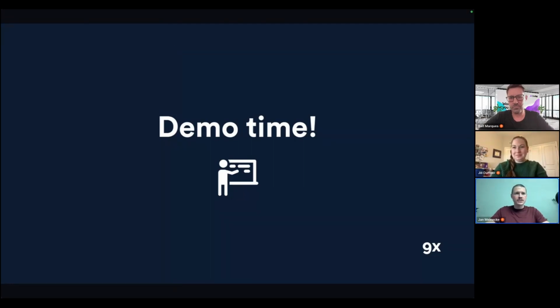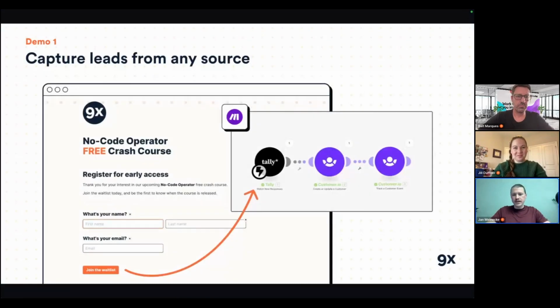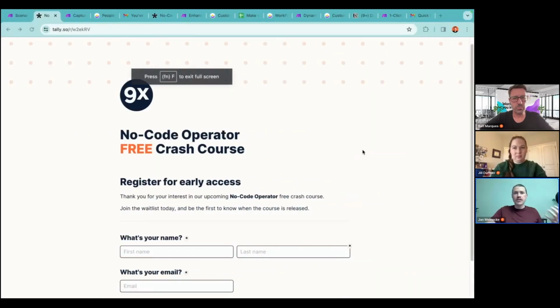And let's have a bit of fun. So starting it off with the very first demo, and what I would say is probably the most common use case when it comes to combining Customer IO and Make, and that is being able to capture leads from any source and get that into our Customer IO base so that we can communicate with those leads and those contacts. And we'll start with a very basic example, and this is actually a real form that we've